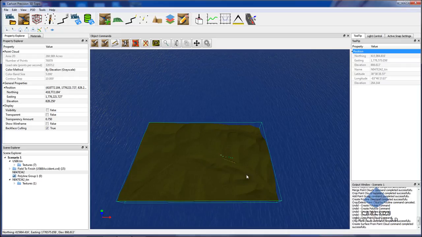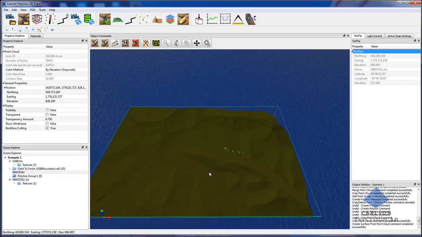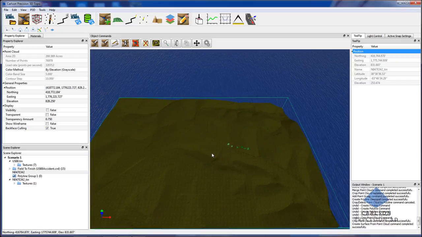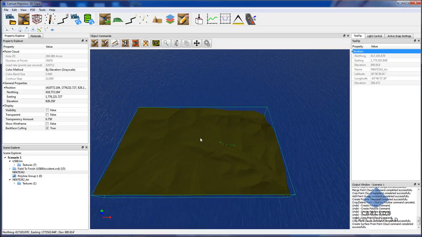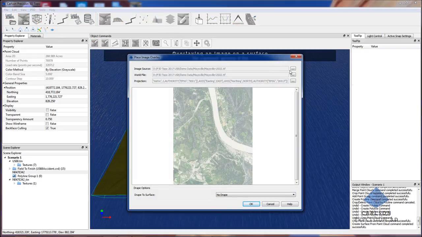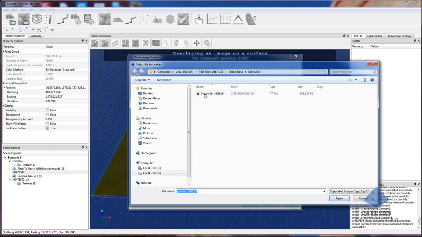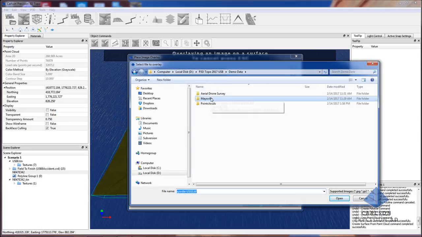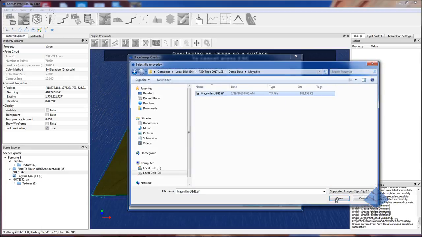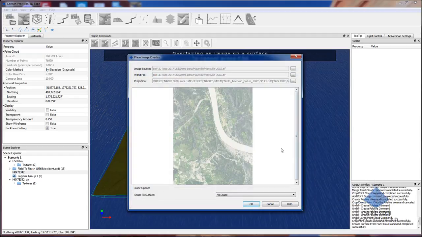And our surface modeling and TIN modeling is essentially the same as in our Carlson Civil products, which is a very typical Delaunay triangulation set of tools, which works perfectly for engineers and surveyors. The other thing that you can do is you can bring in other forms of GIS data, like shape files, and in this case I'm going to pick the demo data in Maysville off the thumb drive. In this case it's a GeoTIFF,